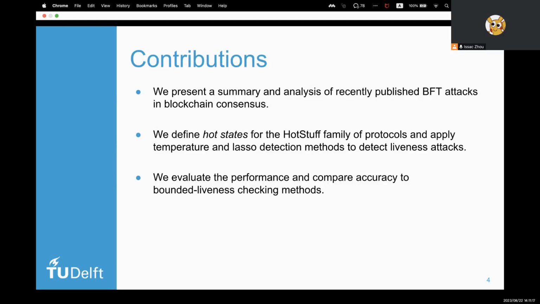And finally, we describe how to extend the Twins framework to apply these methods, and we evaluate the performance and compare their accuracy to the classical time-bounded liveness checking methods.